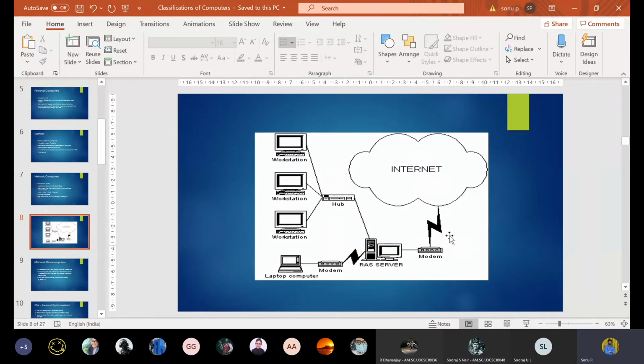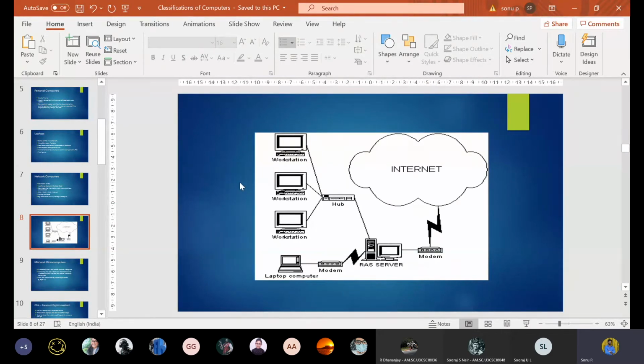So routers will be required. In order to connect to different networks, we will need routing options. For that, we are using networking components and tools like modems. Other than that, we'll be having a layer 3 device called a router. You already covered it in your networking courses, I think.